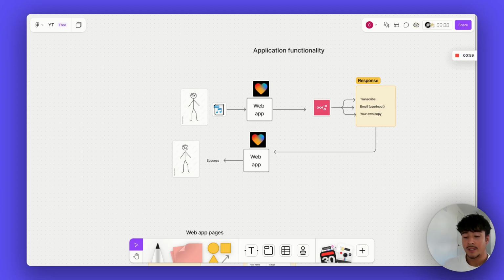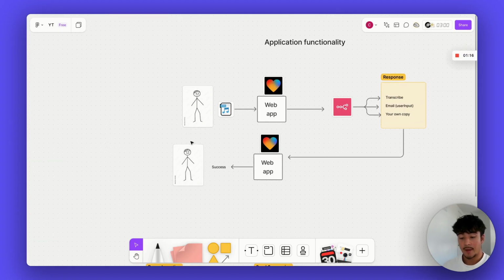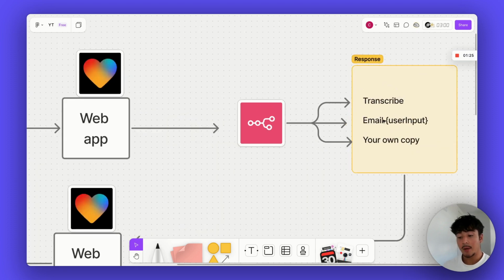In my own agency, we have a lot of in-person meetings, whether it's with my business partner Donica or with some of our clients. We do tend to have personal and face-to-face business meetings, and one thing that I thought would be really helpful for us is if I built an app that I could record the meeting, and from there my n8n agent would then transcribe, email all the users who were in the meeting, and it would also create your own copy